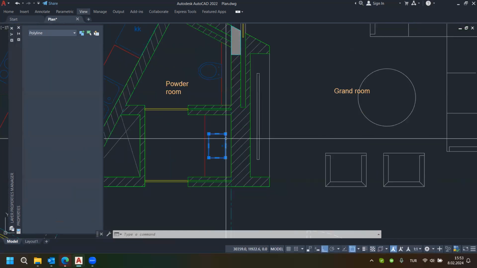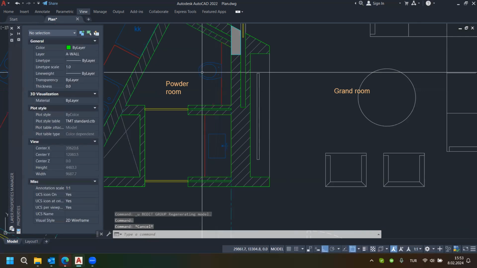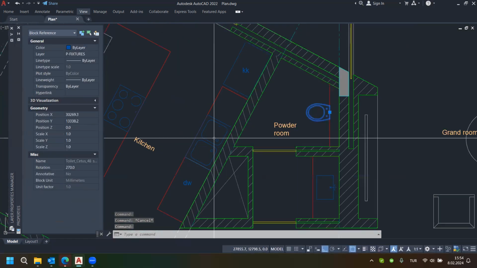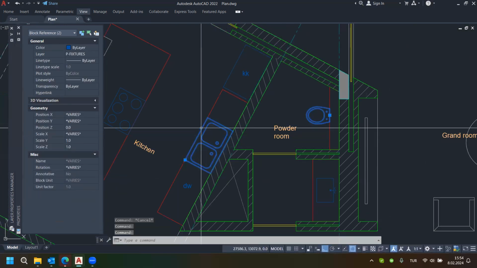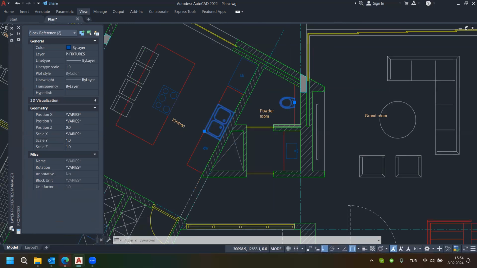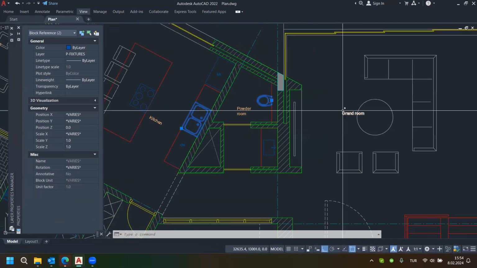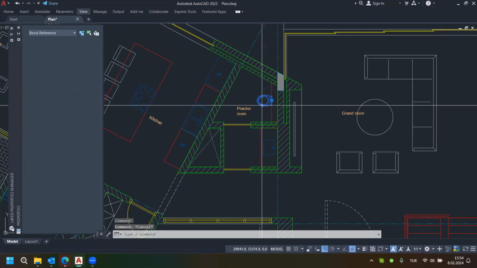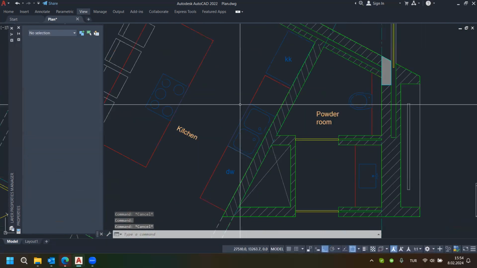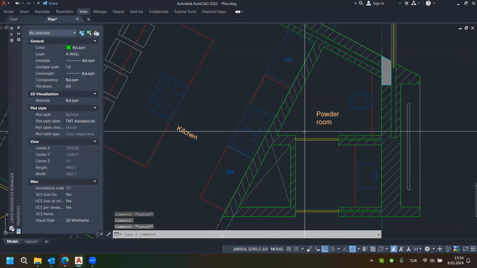Like these can be blocks. These sanitary items are blocks, like these, so that they are consistent, and also if you need to go with a different design, you can just change them by editing the block. Okay,